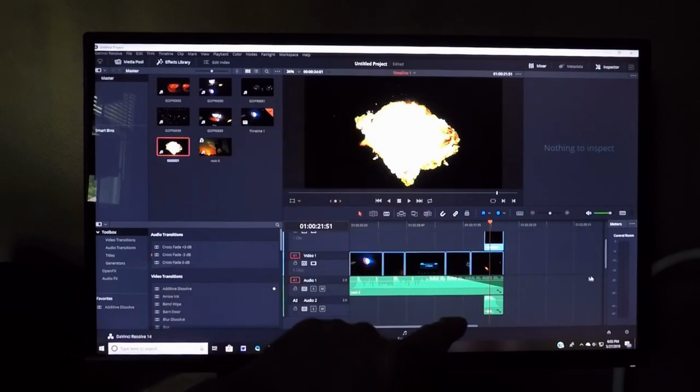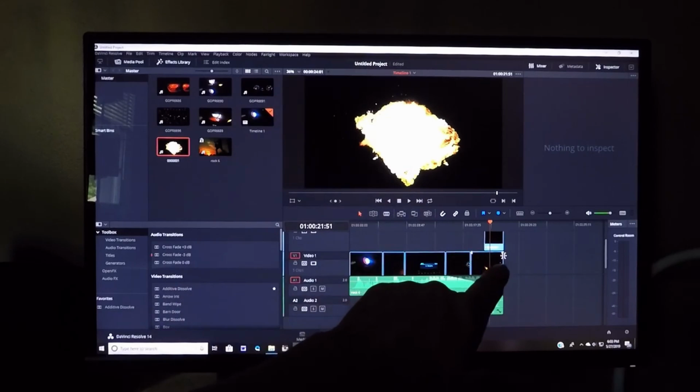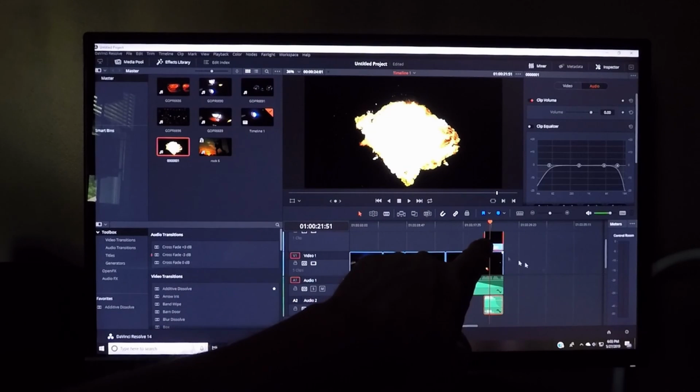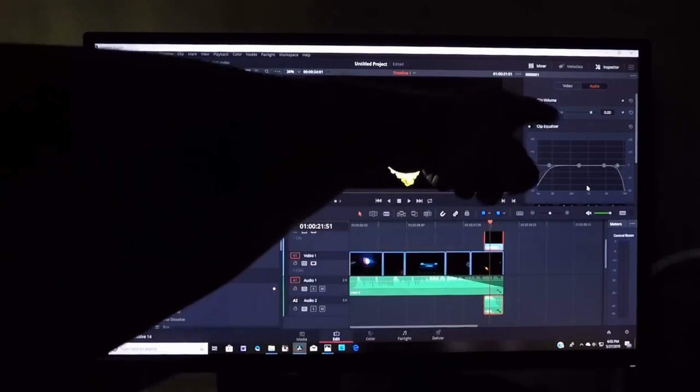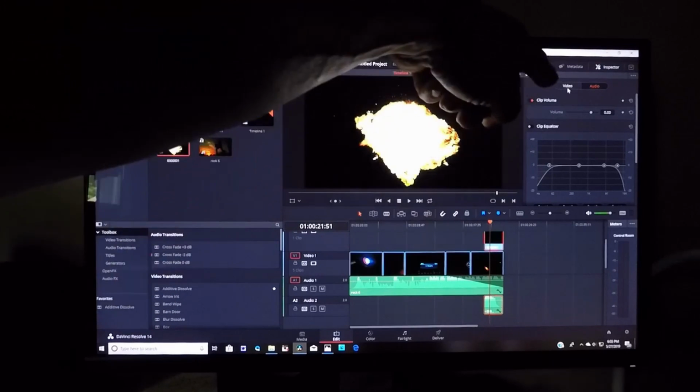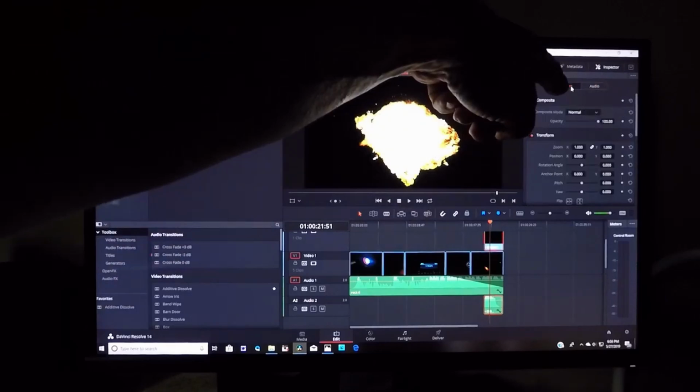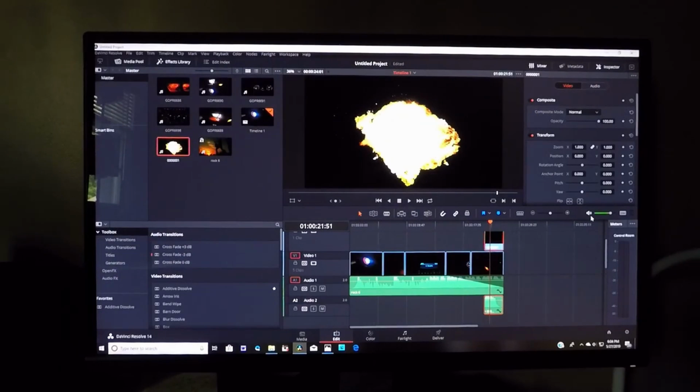To eliminate that, the first thing I want to do is click on the explosion file, right? And that brings up all this stuff over here. Go up and click on video. When that comes up, here's where all the magic happens, and it is so easy you won't believe it. If you look,